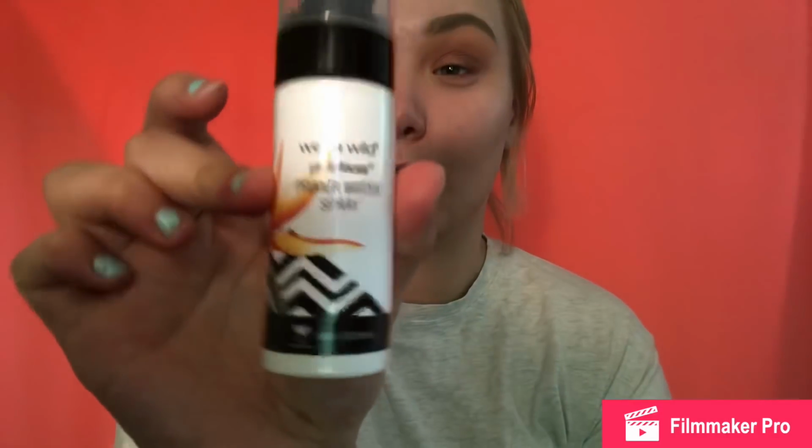Alright, I'm gonna do mascara and lashes later. I just want to keep rolling. For primer today, I picked up the Wet n Wild Photo Focus Primer Water. This has been out, I think, for maybe a month now, and every time I see it, I'm really intrigued by it. Finally I was like, you know what, I'm just gonna pick it up, use it